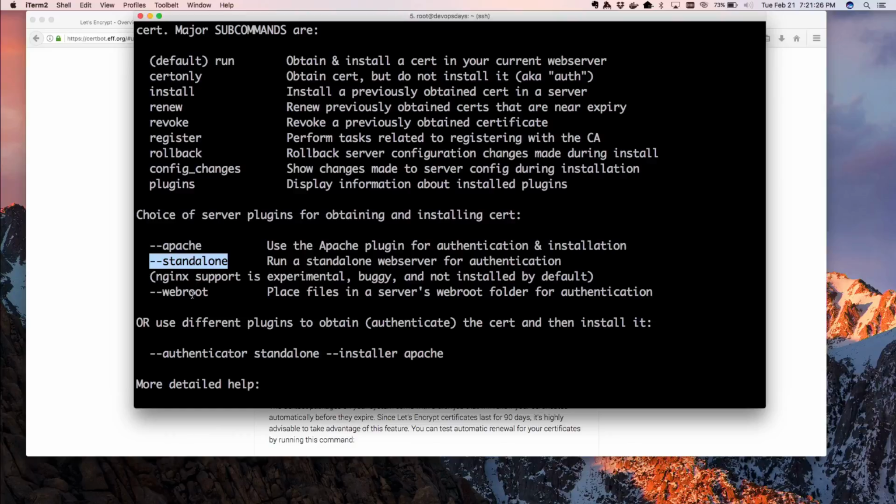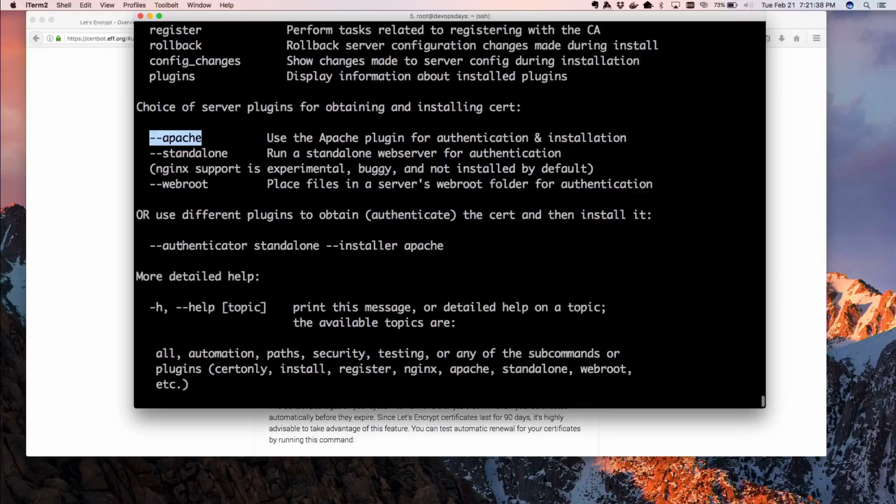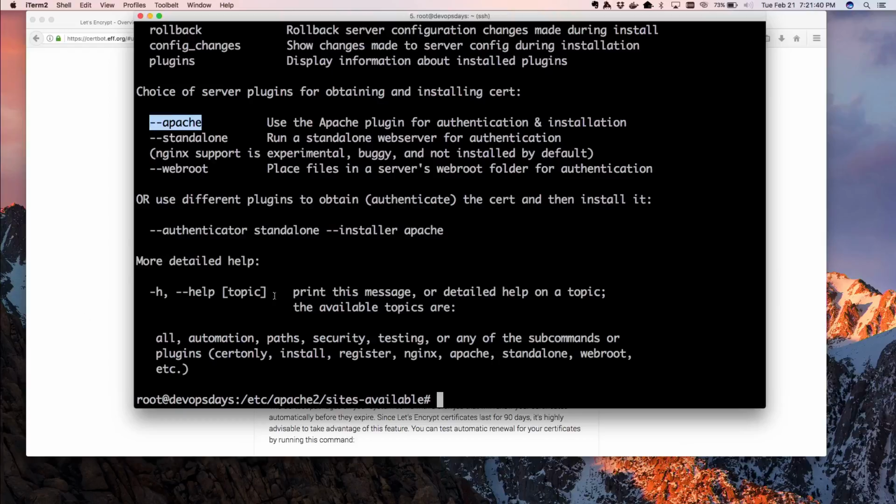Webroot is very clever if you're using something like Nginx or some other web server. I won't go into those right now, but I'm happy to go into those in questions if people are curious. We're going to start with just Apache. So that would be certbot --apache, and actually that's all I have to do.